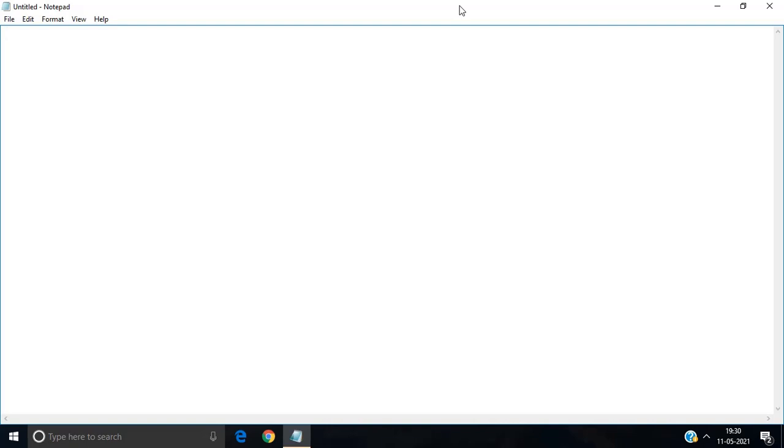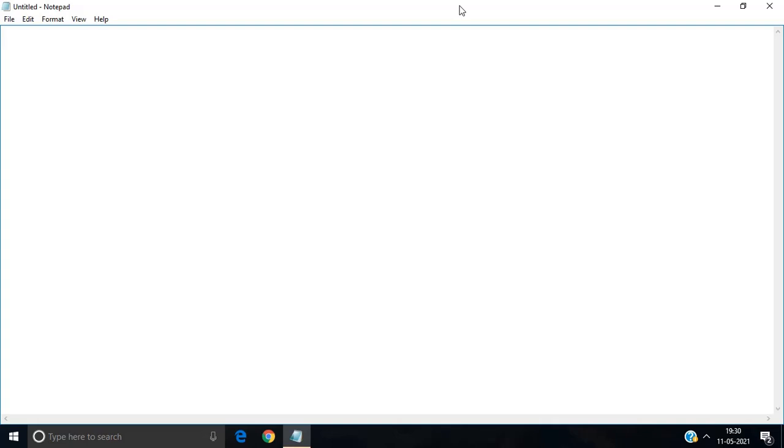Just like notes is applicable in our mobile software, here also in MS Office we have notepad as a software. It is the basic text editor. So why do we use notepad? Before going to text editing or typing, you can type your data in notepad itself.